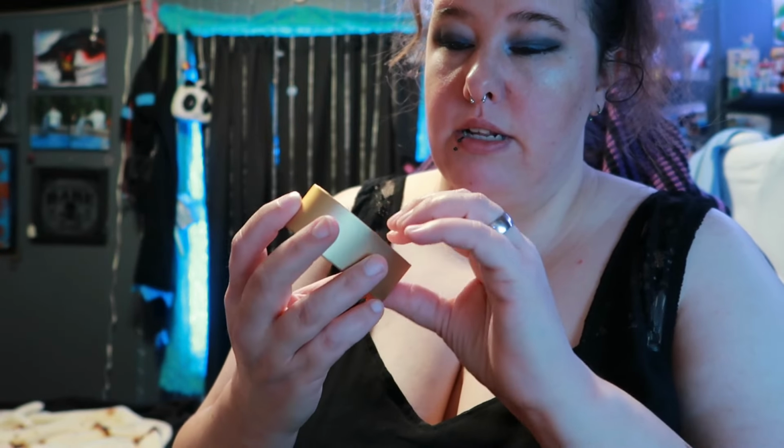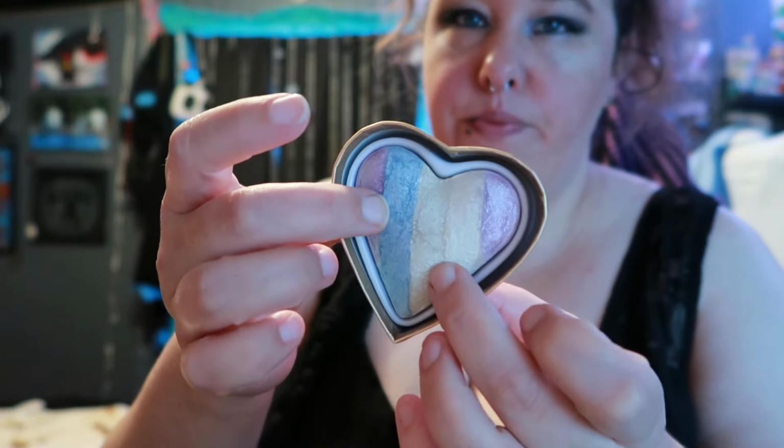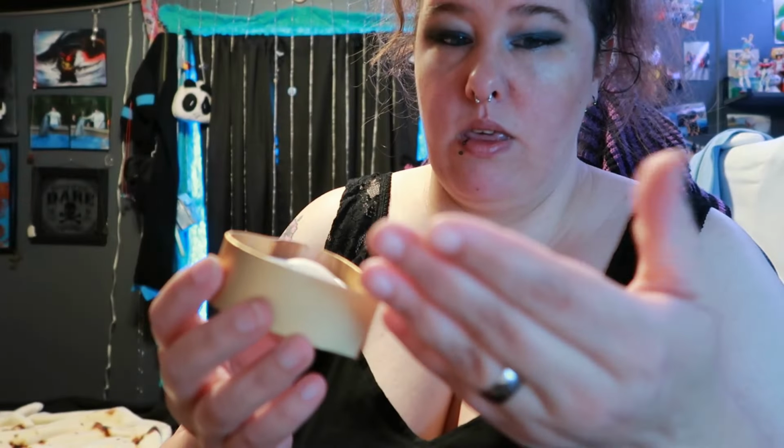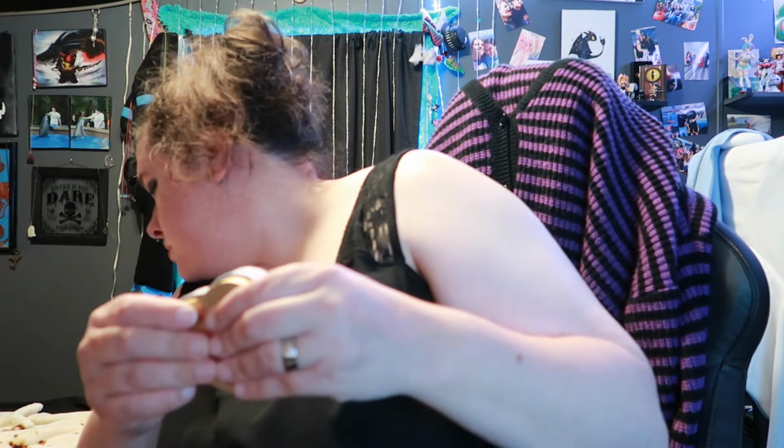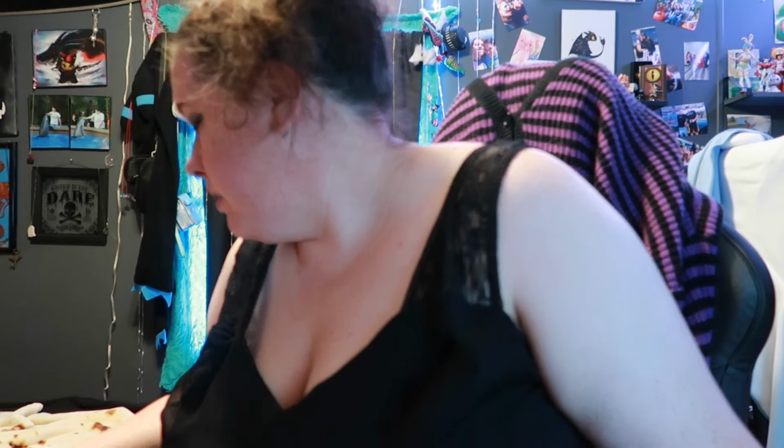But this one's kind of, the glue's undone, so I have to be careful with this. But it's kind of like a rainbow. So I'll hold on to this. It's like a pinky. So this one I know I'm going to